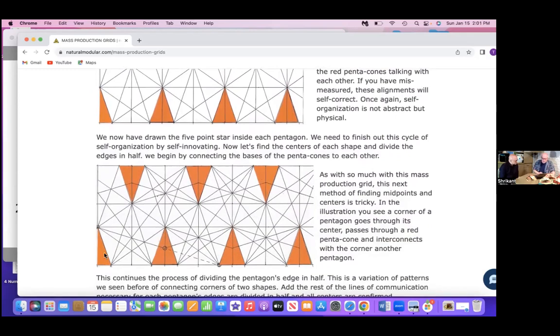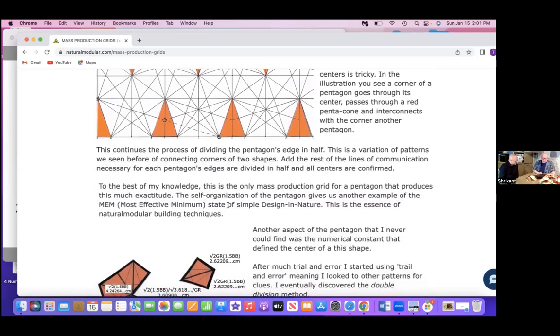And so we still need to do the self-innovation of finding the half, divide the edge in half and find the center. So what you do is you connect to over here, but you don't draw the line all the way through, but you do align it so that you have more cross-referencing. So then you do these lines, and I found that there was nowhere that it explained how